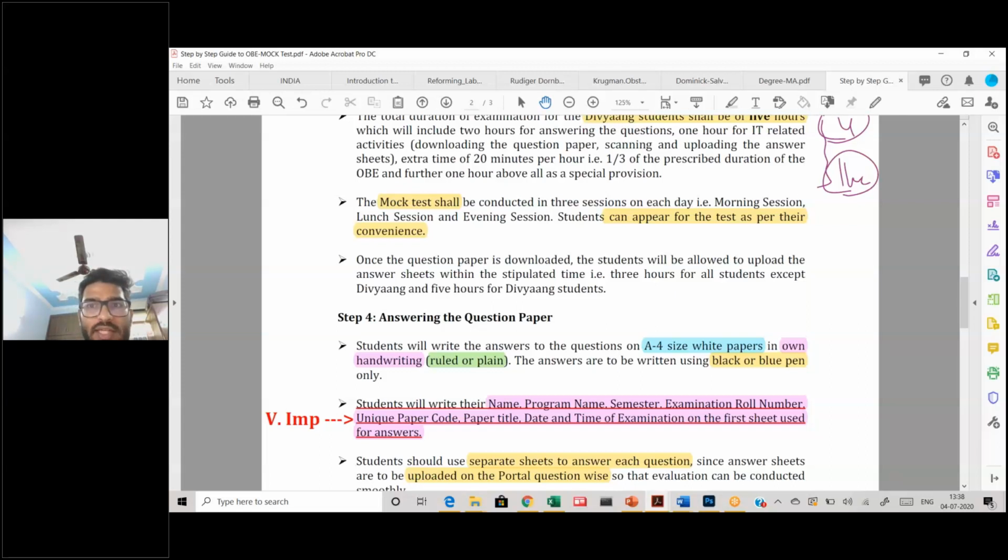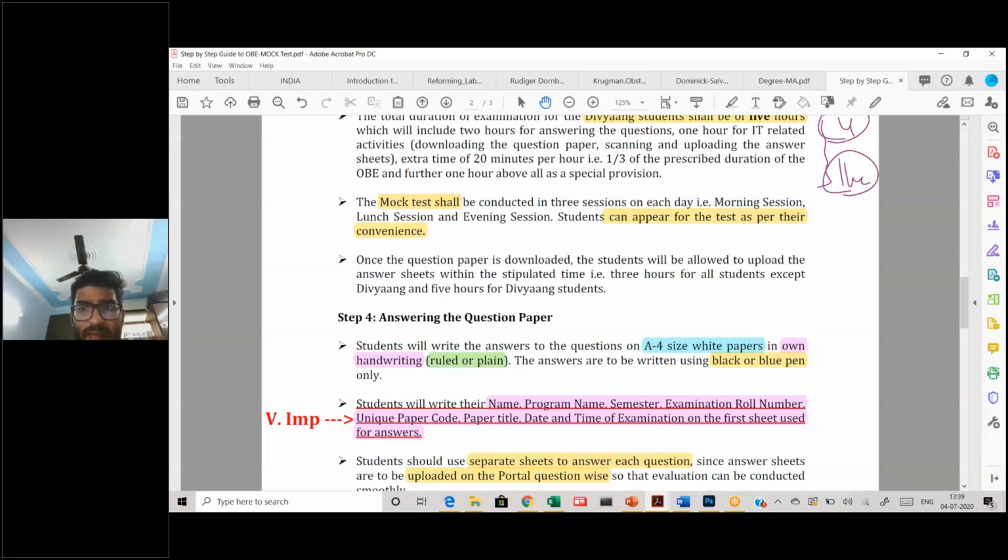So you have a morning session at 7:30, then you have an 11:30 session, then you have a 3:30 session. You can try it today, you can try it tomorrow. Please have a good feel around of the entire website, of what you need to do, how you can actually squeeze in the time of uploading and downloading the examination. I would urge you to please use your laptop, please use your desktop. If you have a scanner, nothing like that, but if you don't have a scanner, then please use any of the softwares which is available.